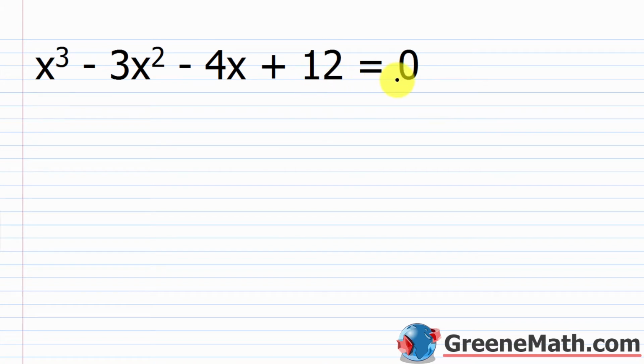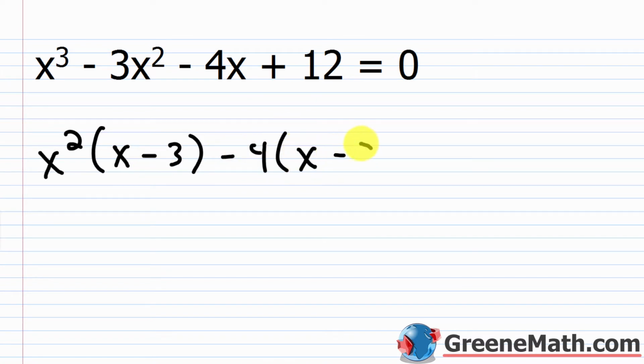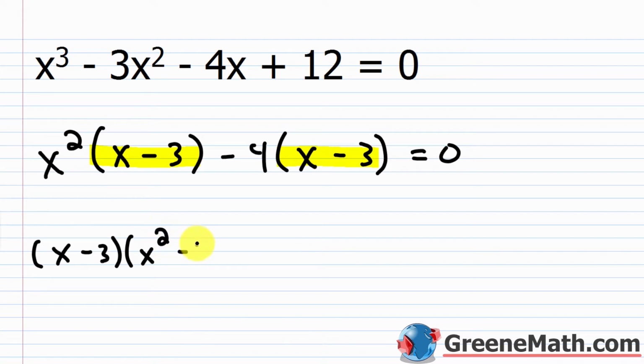And we know if we have a 4-term polynomial, we want to try to factor this using the grouping method. So from the first group, I can see that I can pull out an x squared. That would give me an x minus a 3. From this group here, to match this, I would pull out a -4, and that would give me an x minus a 3, and this equals 0. Of course, my common binomial factor here is the x minus 3. So this ends up giving me my x minus 3, and then times the quantity x squared minus 4,